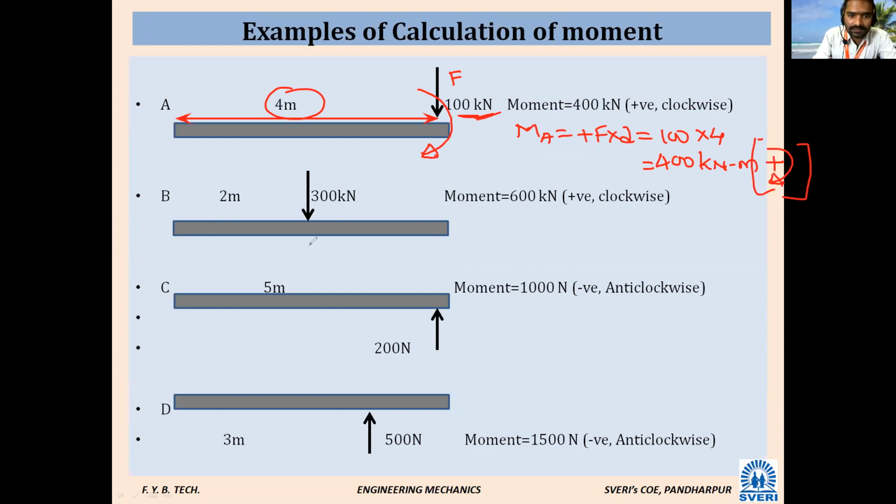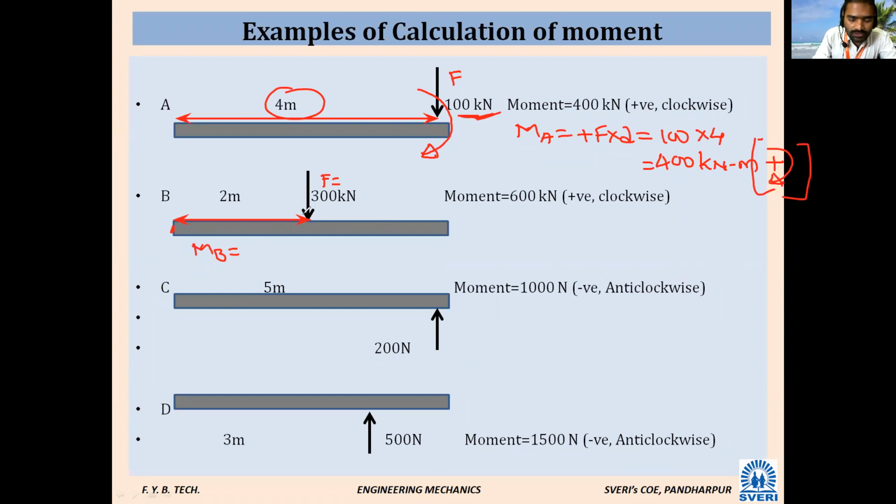So in the second case, the point is B. Okay. This point is B. The force is here. This is the force. Force is given 300 kilonewton. What is the distance between the point B and the line of action of the force? So this is equal to 2 meter. It is given. So the force moment about B is equal to